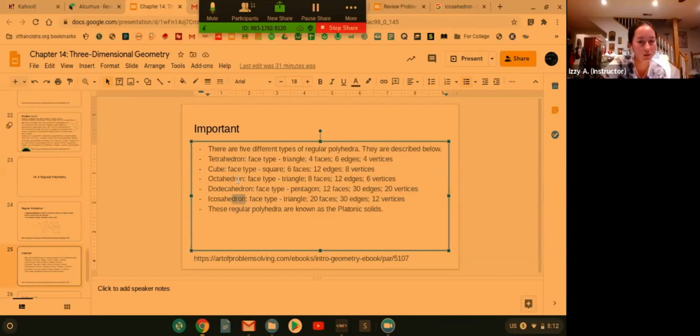Yeah, -hedron. I'm pretty sure that has some meaning to it. And then, for example, tetra, octa, dode, icosa. I don't know if it's Greek or Latin, but those are roots. So yes, I'm pretty sure there are Greek and Latin roots and suffixes that come into play with these different shapes.